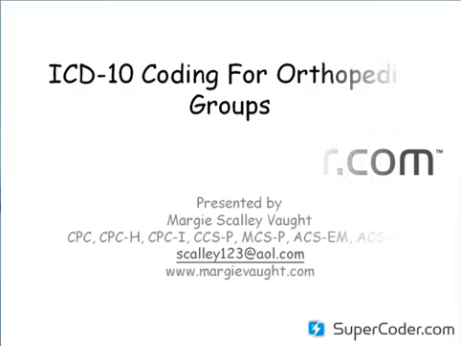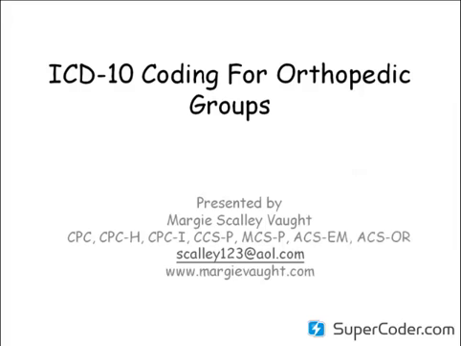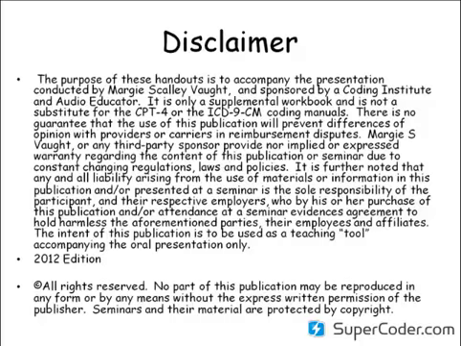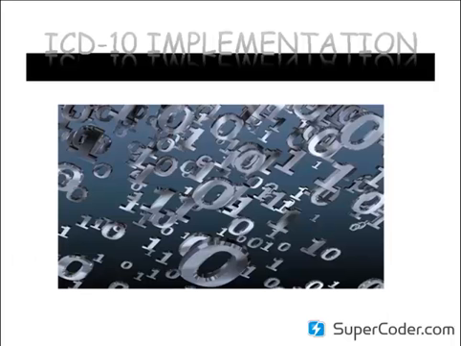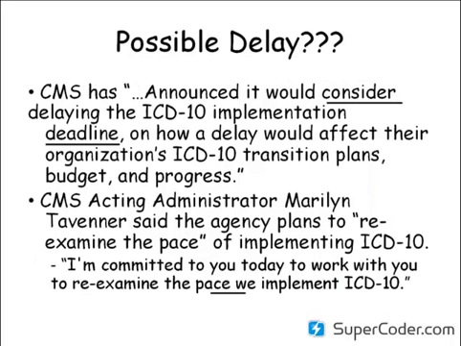We're going to spend the next 60 minutes or so going over ICD-10 as it relates to musculoskeletal. Now, as you know, on slide number 4, we're still waiting to see if there's going to be a possible delay of this and give us another year. As of yesterday, it still has not been released. They were able to release the proposed fee schedule for 2013, but they haven't made a decision yet on this delay. And so you want to keep an eye on those issues to find out if there is a delay. They're saying if there is, it would just be a year.